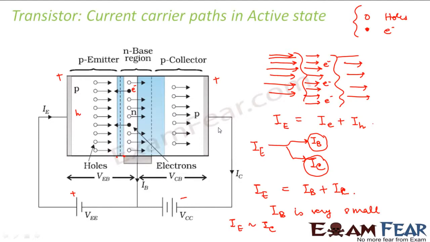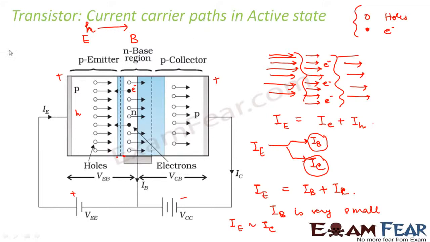Okay, so now let us talk about the direction of the conventional current. Now in this case, what was the direction of the charge carriers? If you look at the direction of charge carriers from emitter to base, holes moved from emitter towards base. The direction in which holes move is the direction of conventional current, because conventional current is always opposite to the direction of electron current. So if holes are moving in this direction, that means conventional current is also moving in this direction, right?